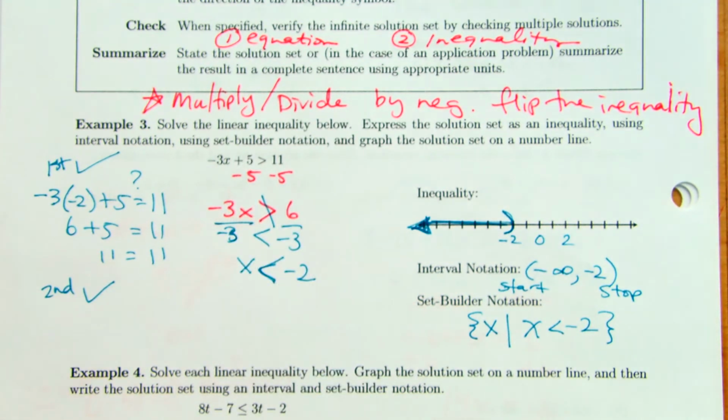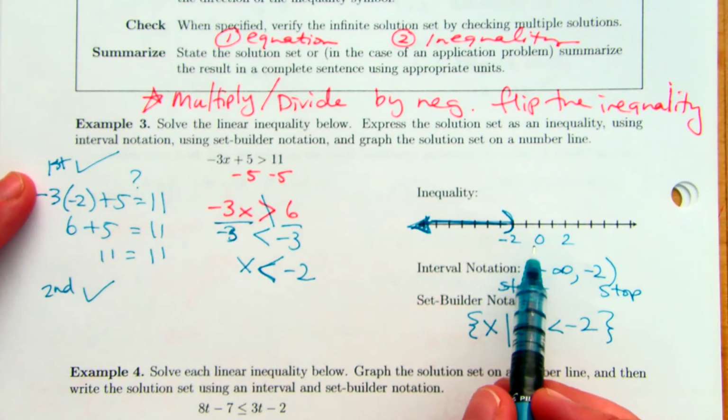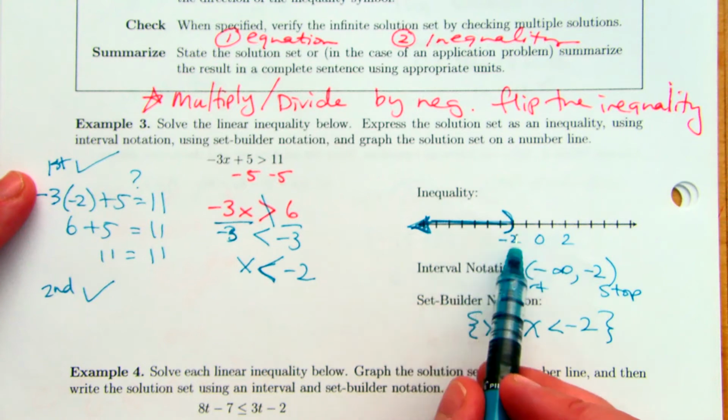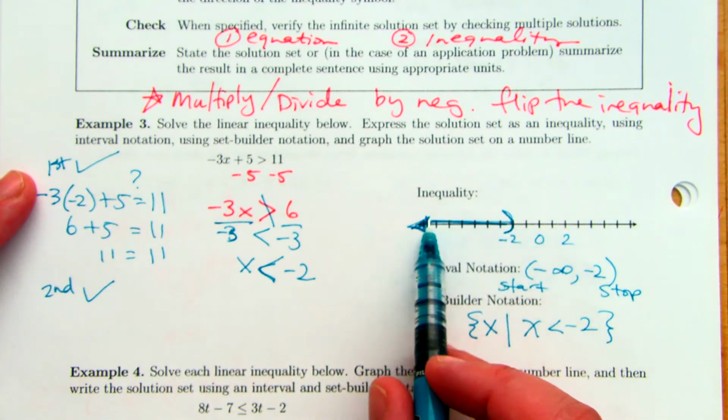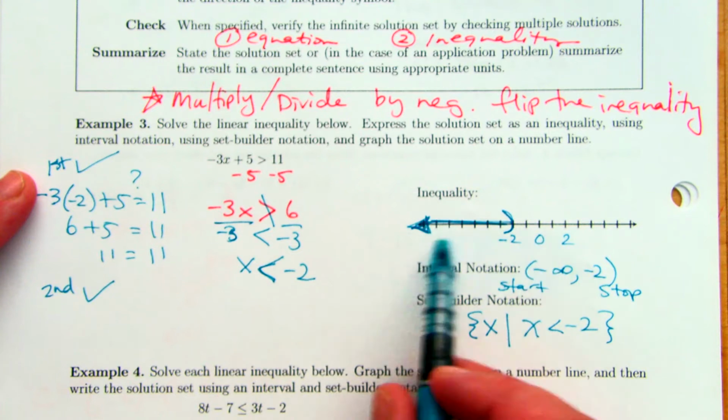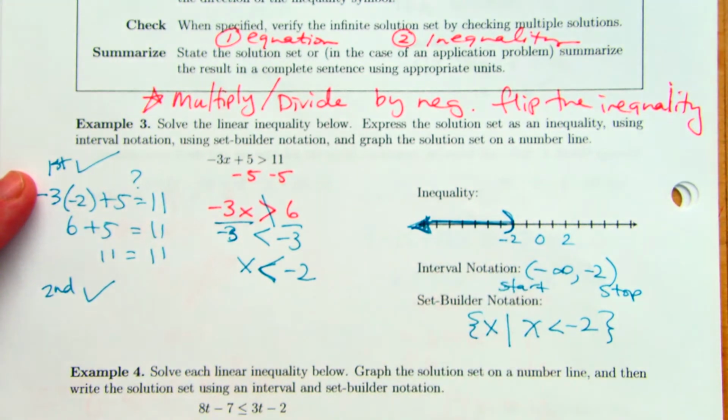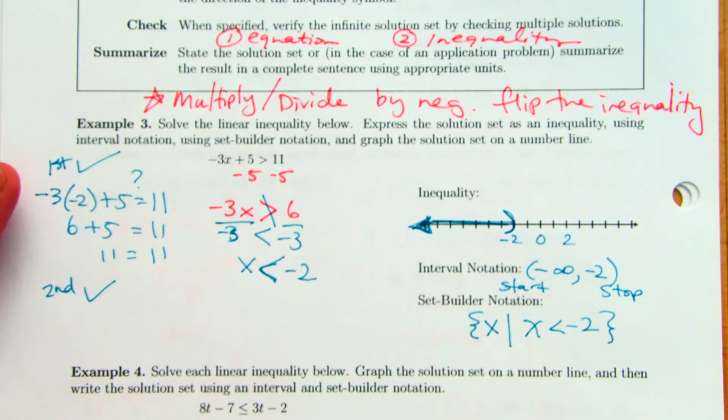And that's okay because you're checking a number that's not included in the set. So if I plug in 0, I just like to use 0 because 0 is an easy number. I'm not going to pick -2 because that's not going to tell me if I have the shaded area correct, right? That's what the inequality check is for, I'm trying to see, did I shade the right half of the number line,